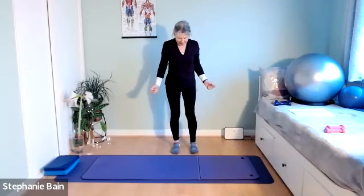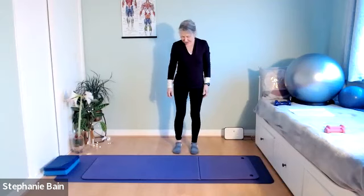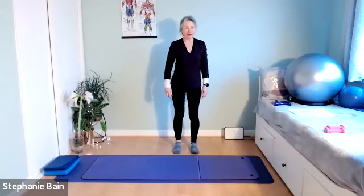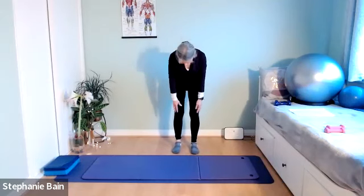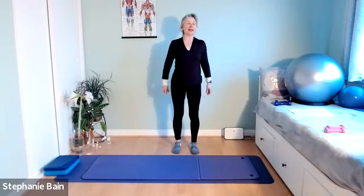So if we get into good posture, good standing posture, with the weight of your feet equally balanced, front and back, tripod feet, big toe, little toe, center of the heel, and stack your ankles, your knees, your pelvis, your ribs, your collarbone, your chin on a shelf, and crown of head lengthening up towards the ceiling, and relax your